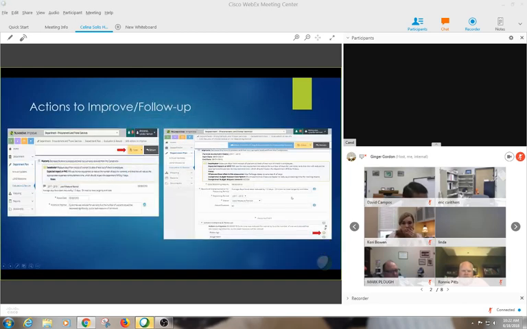This is the first screenshot of the actions to improve follow-up on the left. You're going to be asked to enter the action date, the actions to improve, identify any additional activities that will improve the outcome in the future. And then once you're done, be sure that you click on the Save button before you go to the next screen. Now on the second screenshot here on the right, you will see this screen, and you'll need to click